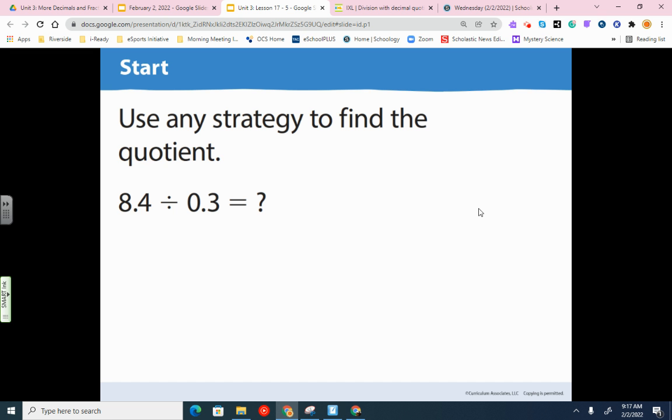So again, this won't be in your book, but just follow along as a review of what we do. Our first number is always our dividend, which goes inside here. The number on the outside, this one, that's our divisor. And we know from practice that when we have decimals in our divisor, we need to move that decimal over to make our dividing easier. But if we move it in the divisor, we have to move it for the dividend. So this gives us